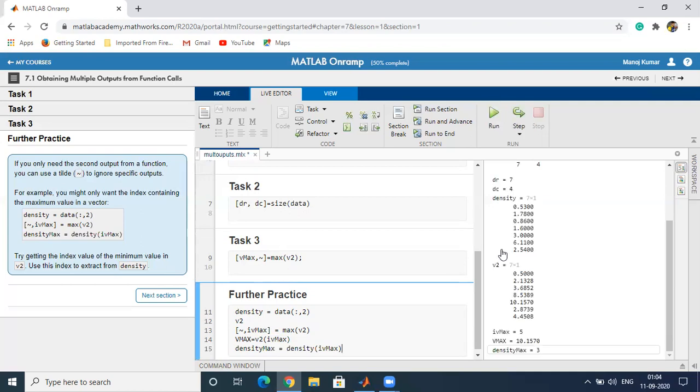But this is not the maximum value, because the index IV max was 5. That was from the previous calculation, which was from the v2, and that was used here, and this will give the value at the fifth place, which will be 3. So don't panic that it is not giving the maximum value for the density, because that index was for v2.